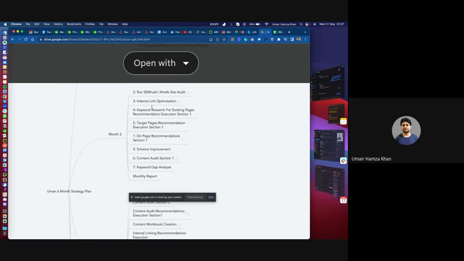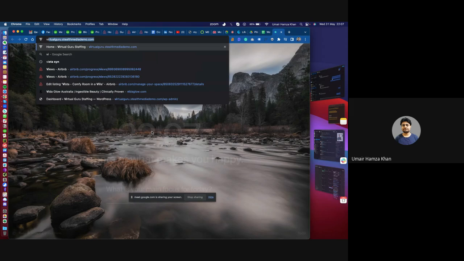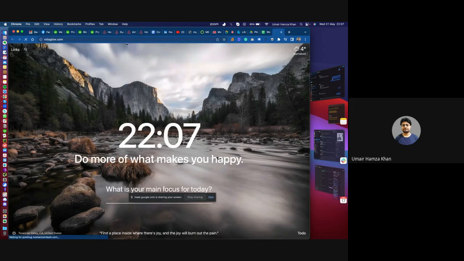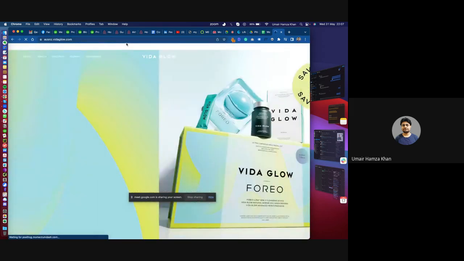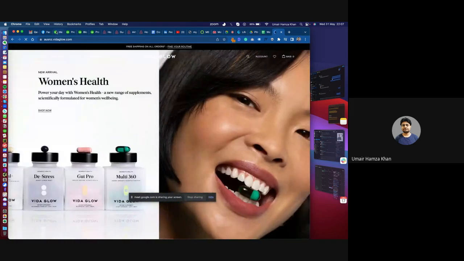Similarly, there is internal linking optimization and keyword research. At the start of the second month, we do keyword research for existing pages, section one. If the site has more than 200 or 300 URLs, we divide them into different sections. Similarly, we try to do schema improvements for the product pages as well. I have done a very good job with Vida Glow, a very powerful brand in Australia, New Zealand and the UK. So I have developed